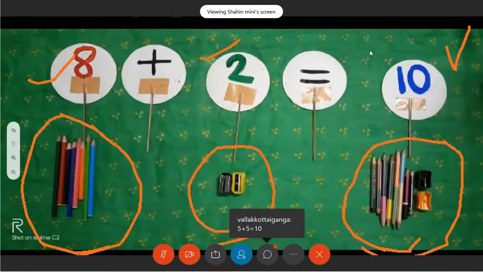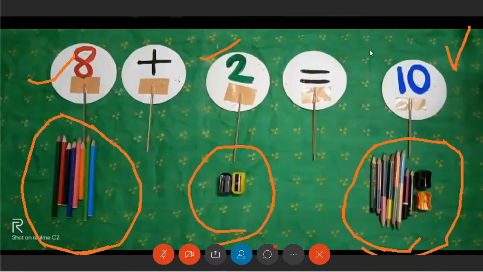Now any doubt in the activity, classwork, or the topic? Today's topic was addition with regrouping in ones. Any doubt in anything, please ask now. So 3 things are there today. Okay, and please do the activity and send the photos in the class group. Any doubt anyone is having, they can unmute and talk or write in the chat box.